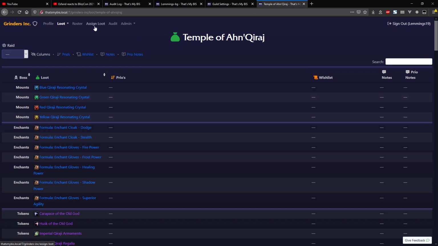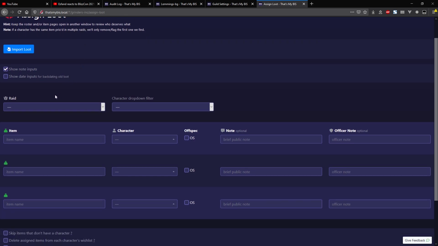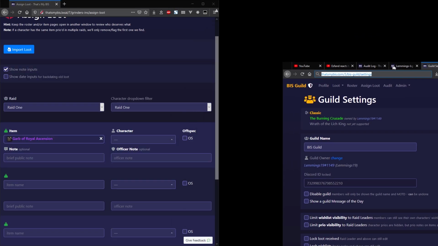Moving along, we have another page here, the Assign Loot page. And this page has a little bit of fun functionality I'll get to in just a minute. So you come in here, this is assuming you're on raid night and you're going about doing your business. I can say, okay, we're doing raid 1, and I only want to show characters for raid 1. And I say Garb of Royal Ascension drops. There it is. And I take this and I move it over there, and I take this and I move